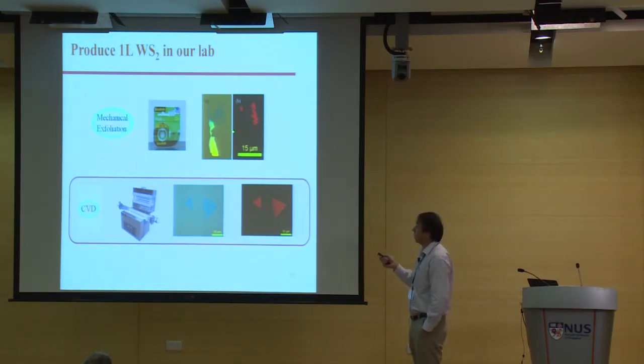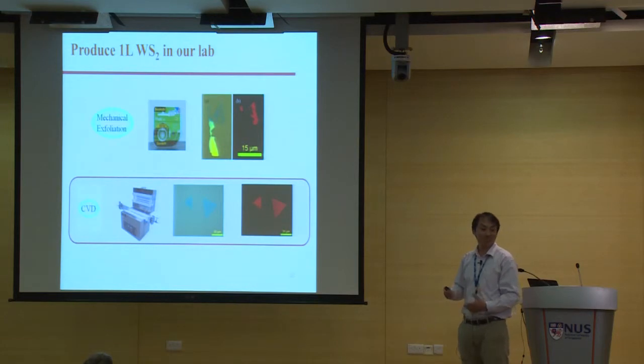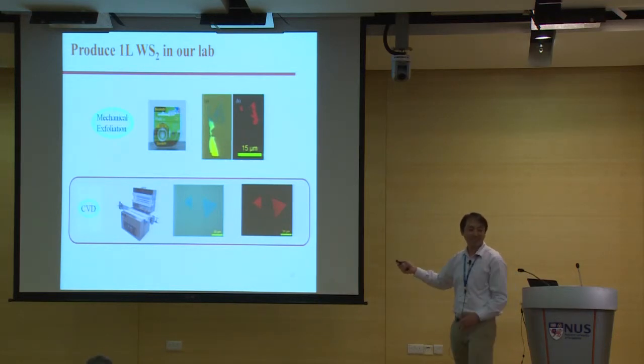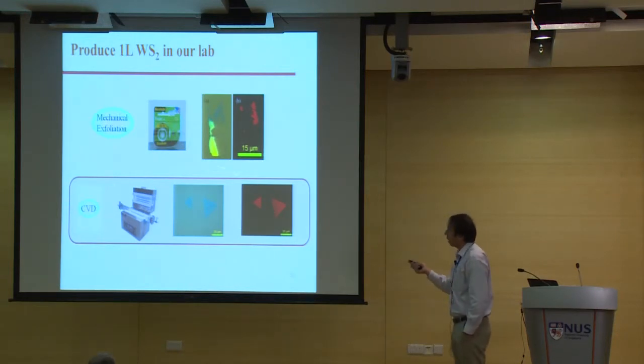Because this is too expensive so far, I'm the one in my group really using this to peel off the tungsten disulfide. It's kind of a brag to say I still keep the record in my group for who can really produce the largest piece of monolayer tungsten disulfide. And of course, today I would like to report how we can use CVD,